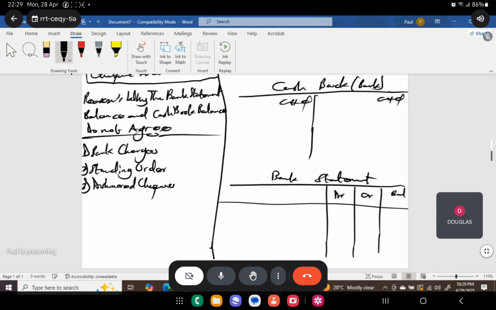This is a bank statement. Now this is particulars, and maybe here will be dates. Now let's say you paid a supplier. If you are making payment, this side is for payments, and this side is for receipts. So you paid a supplier 2K. Now, you've credited your cash book 2K. The supplier sent the check to the bank. So if the bank receives it,